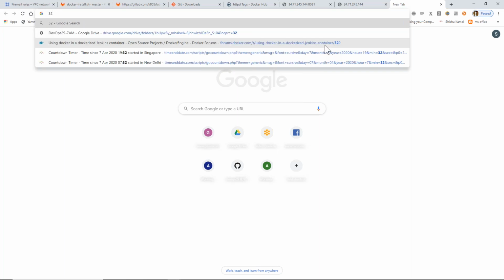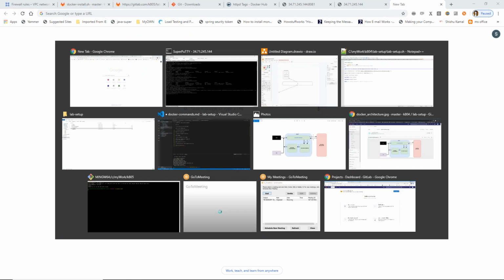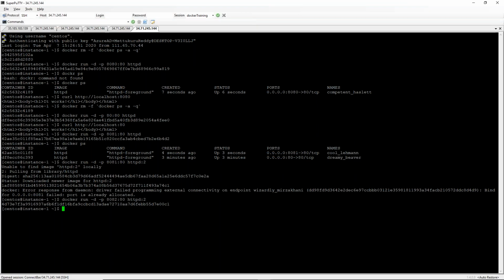I think there is a port range, so if you don't give any port number, your host will allocate some random port. Is it called a load balancer? No, load balancer is different. We will come to that topic. Okay, got it. So till now you understood how to allocate the port.